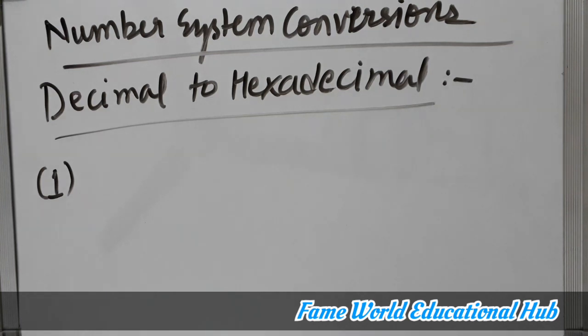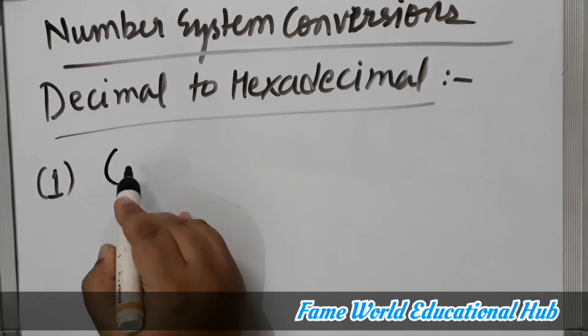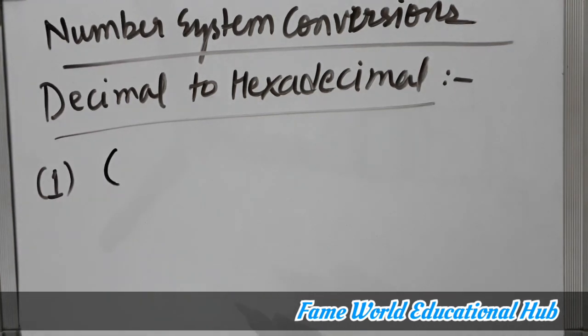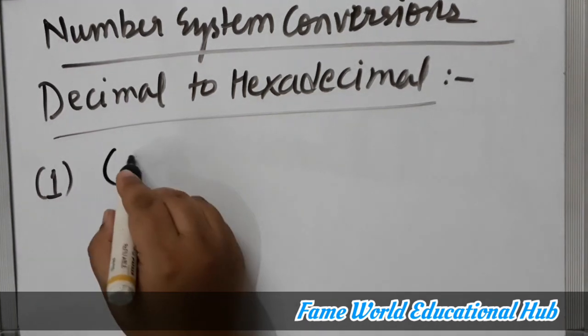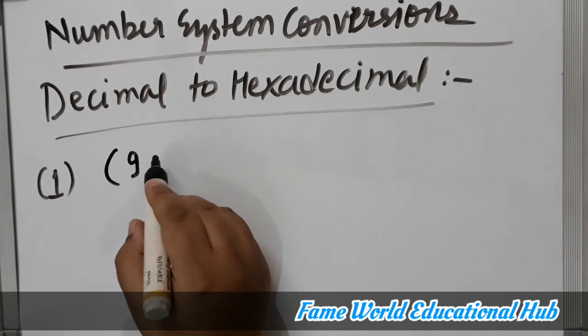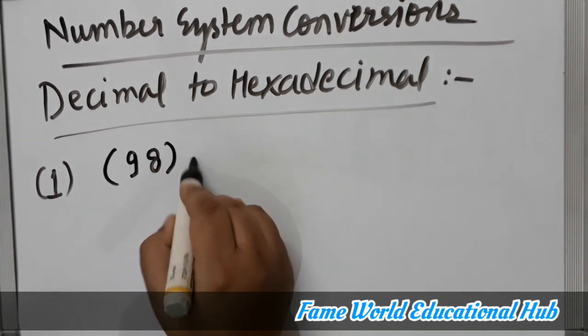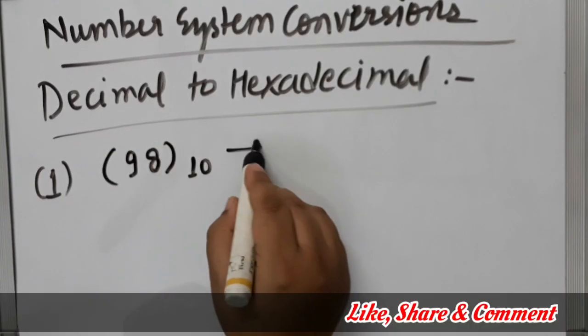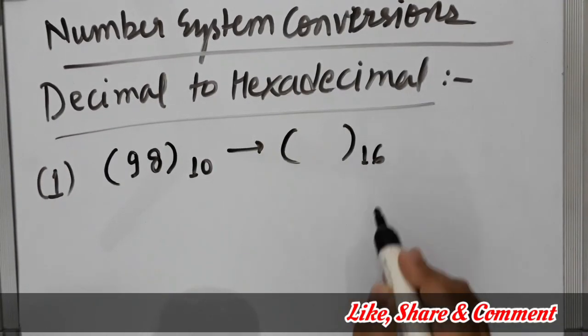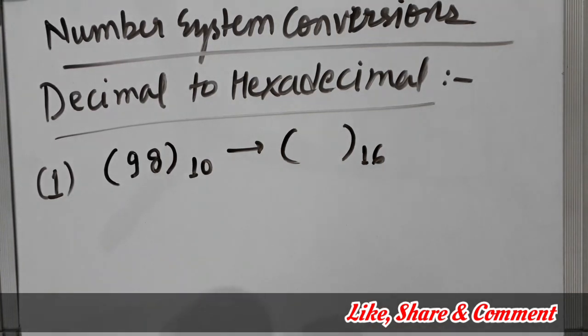In this video, I am going to discuss decimal number system to hexadecimal number system conversion. You know that the base of the decimal number system is 10 and the base of hexadecimal is 16. So you should know the table of 16 when you are working on this. Let's take a very basic example. Watch this video till the end, because I will be discussing multiple examples for decimal to hexadecimal conversion. It's a bit tricky as compared to the different number systems which we have already discussed.